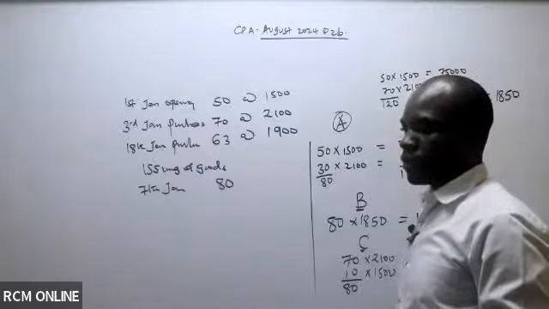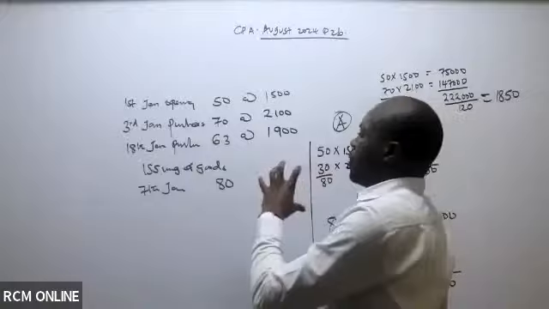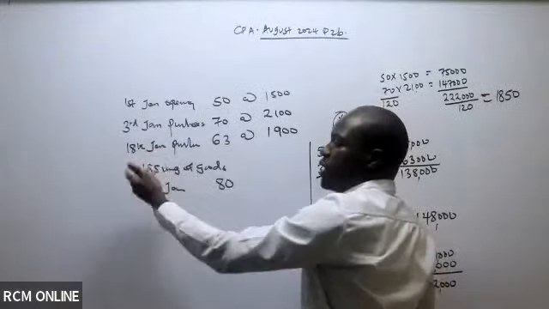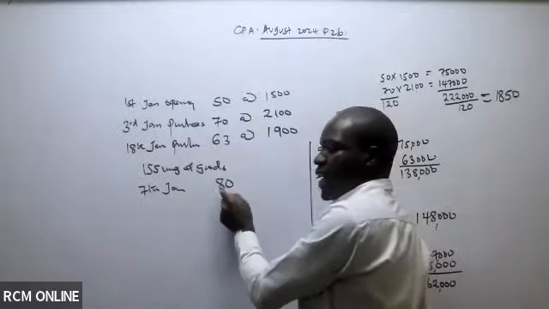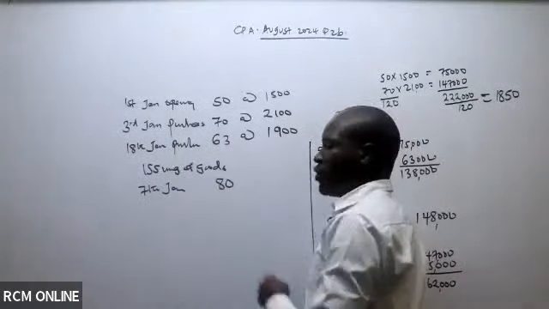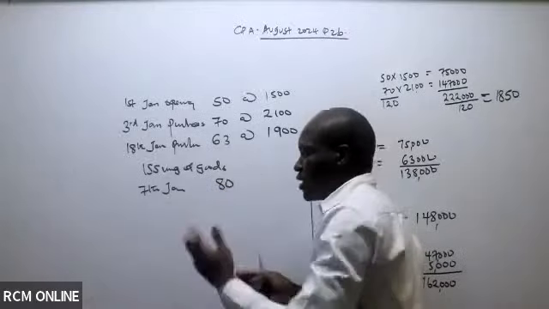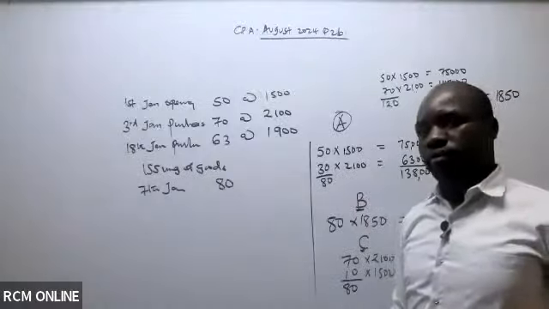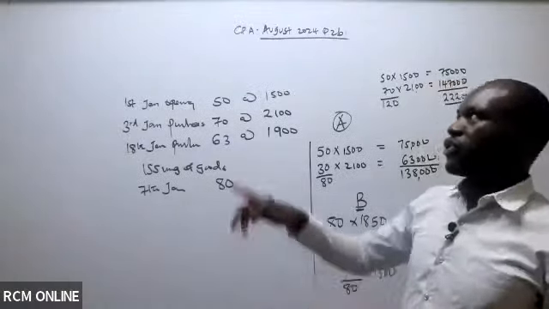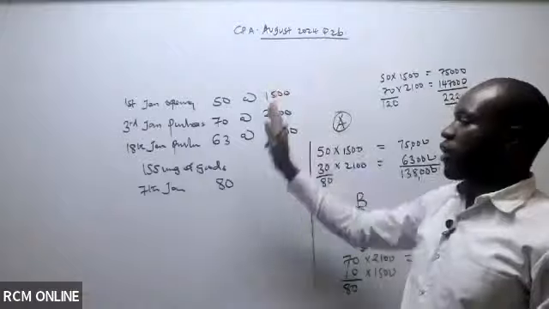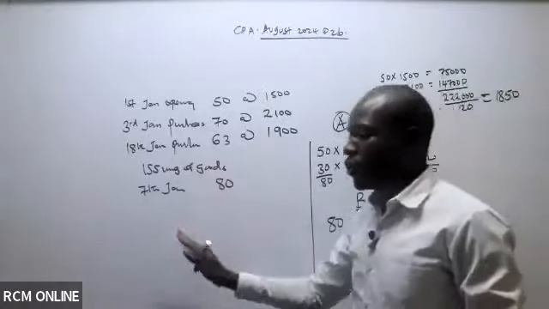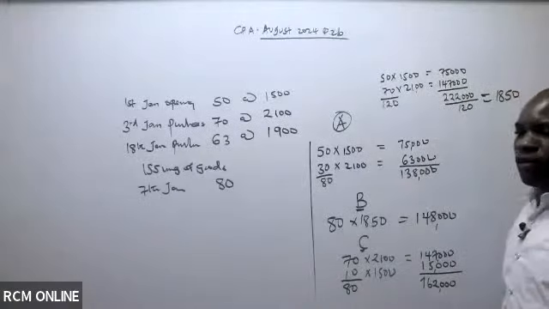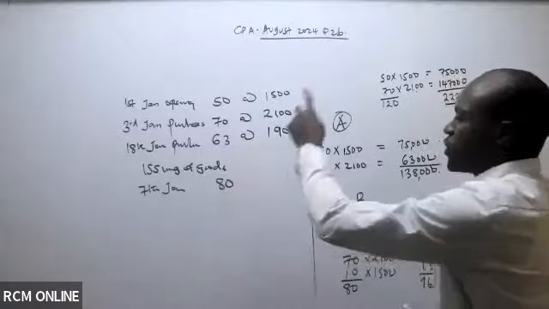Right? Good. Now, on 7th, before you did the purchases on 18th, on 7th, you made some sales. You sold 80 units. What we are interested in here is the cost of what was sold. We've talked about stock valuation, the cost of stock which was sold. This is what 3 people have done. When they were told to give us the cost of stock which was sold, so individual A,